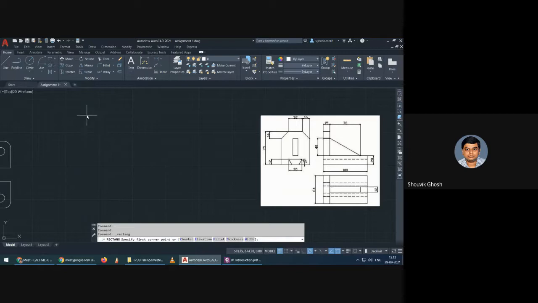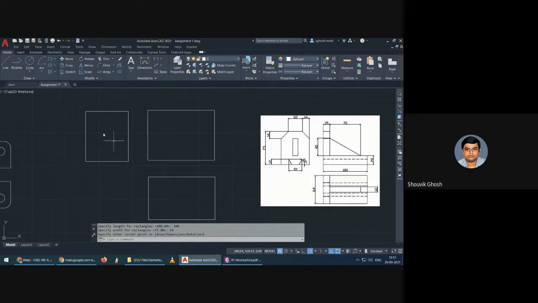So I will draw three rectangles starting here, 64, 75. One, another one, 175 over here, another one over here of 164, like this.